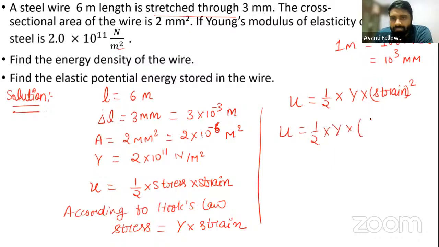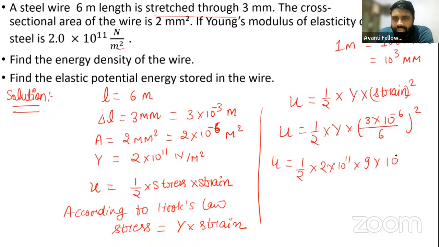Now strain you can easily calculate. Strain is given by what? Delta L over original length. Change in length over original length. It will be 3 into 10 raised to the power minus 3 divided by the original length, 6 meter, all squared. Times 1 by 2. What is the value of Y? It is 2 into 10 raised to the power 11. This will become 9 into 10 raised to the power minus 12, 6 squared is 36. 9 fours are 36. 2 and 2 will cancel out. So you will have